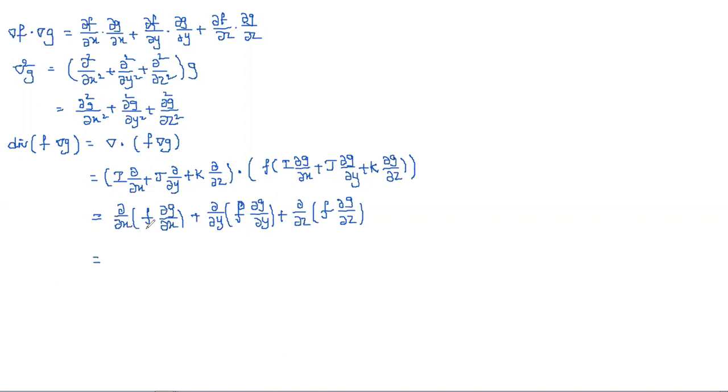Now if you observe, is this in the form of the UV formula, a product of two functions? So simply we need to write: f into ∂/∂x of ∂z/∂x is ∂²z/∂x², plus ∂z/∂x into the derivative of f, which is ∂f/∂x. So we are applying the UV formula here, UV' plus VU'. In the same way, now f into ∂²z/∂y² plus ∂z/∂y